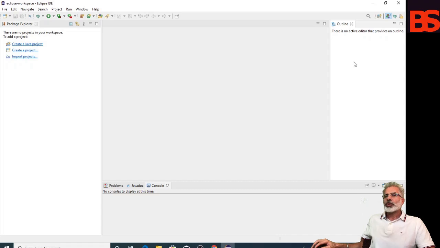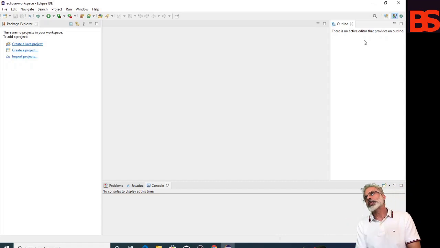If you want to close a perspective, like now I want to close the Resource perspective, right click on the name of the perspective and close it, and you can see the Resource perspective has been closed. Now you can see two perspectives are available, one is Debug and the other is Java. Now the Java perspective is active.